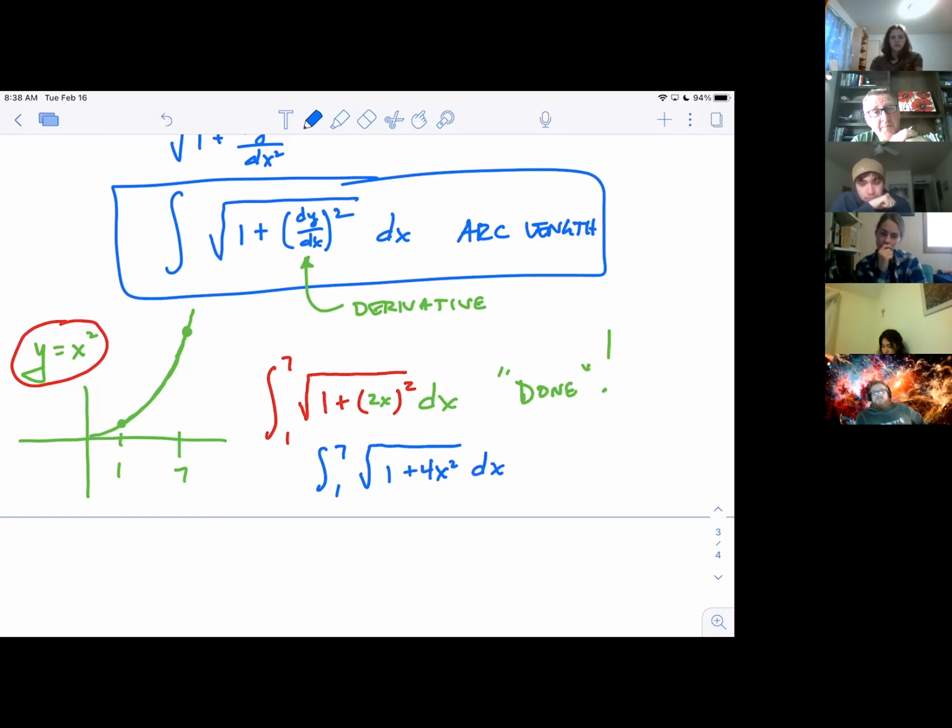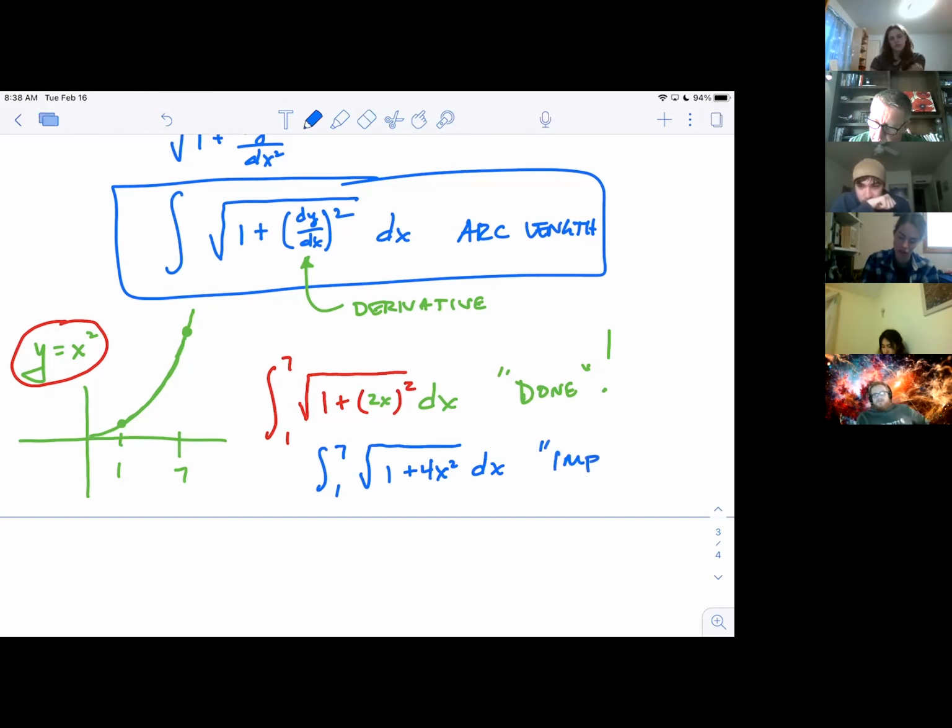You may have noticed in the bead project that you had something like this, except there was an extra x out here, which is actually wonderful, because now if you let u be 4x squared, that x will end up canceling out. But the fact that it's missing in this problem is actually terrible. This is a really hard integral. For you right now, this is